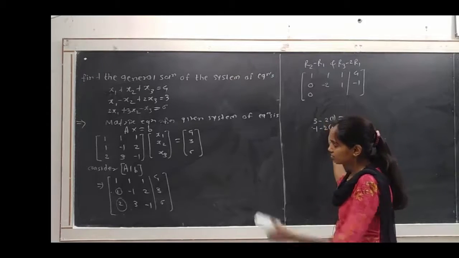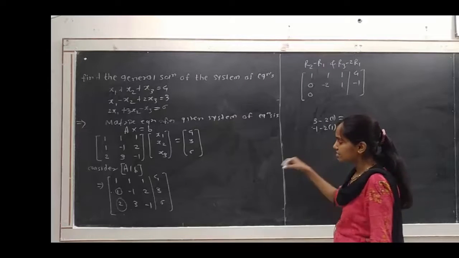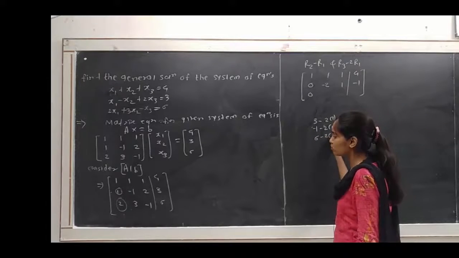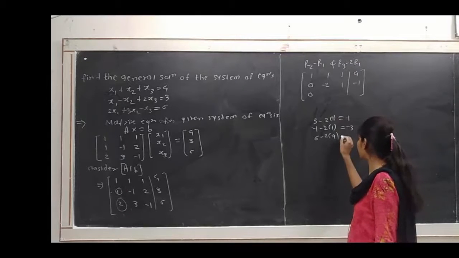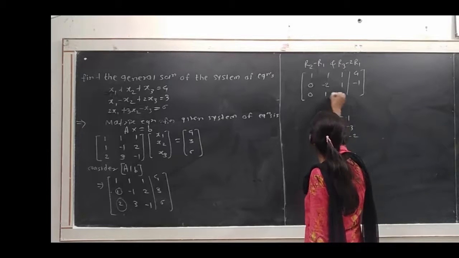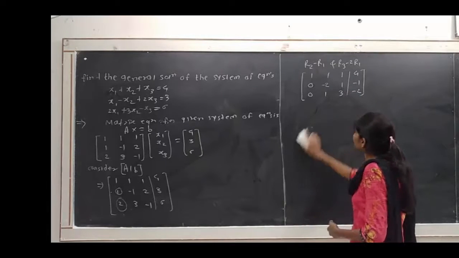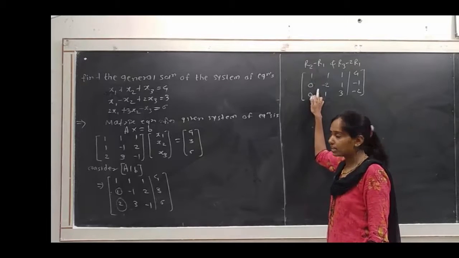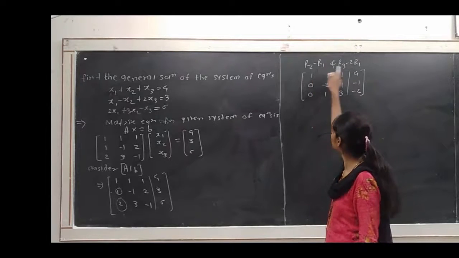Then minus 2 with respect to the entry of the R1 row, which is 1, so minus 1 minus 2 we get minus 3, and the next entry will be 6 minus 2 into 4, that is 6 minus 8, which gives minus 2. So the entries are 1, 3, minus 2. Here we make the entries below the leading entry, that is 1 and 2, into 0 by using this row operation.